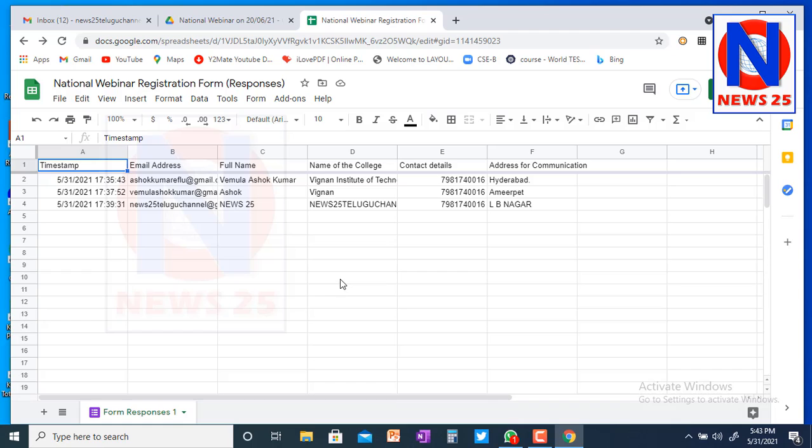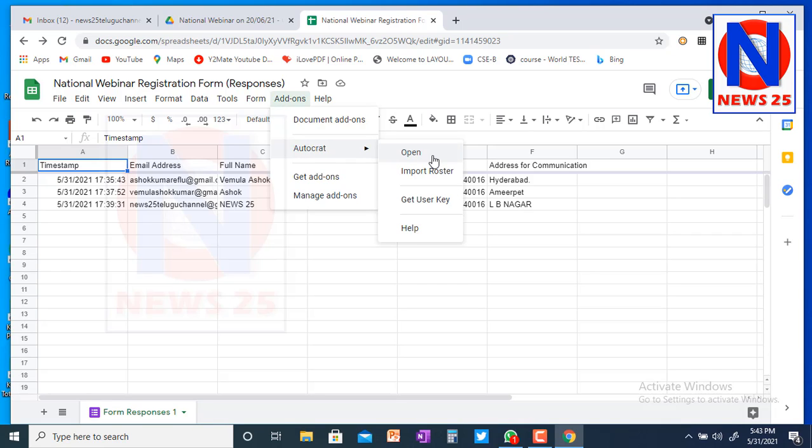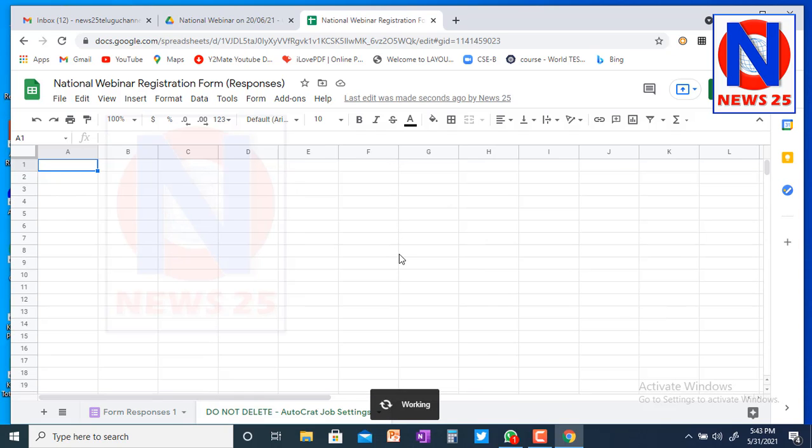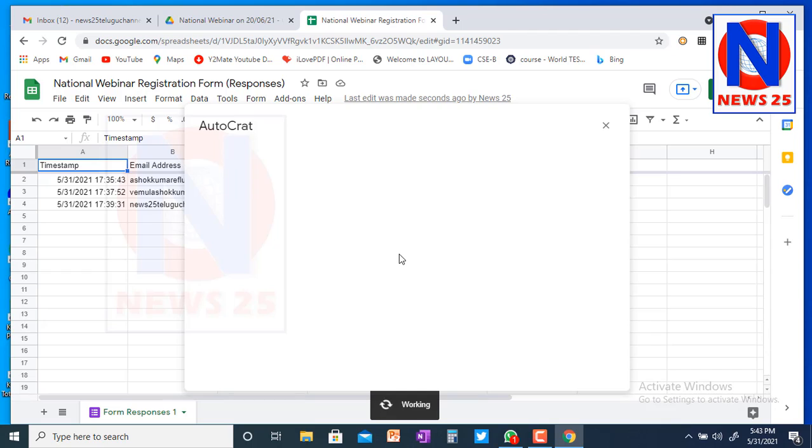Right, now what you can do is, you just open Autocrat, click on open. It is opening.